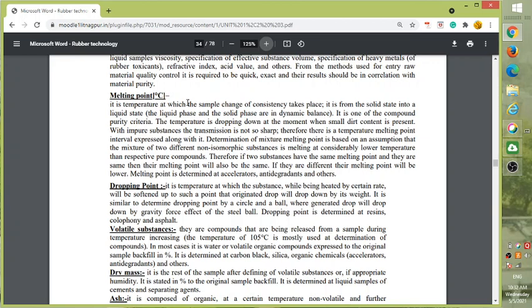Determination of mixture melting point is based on the assumption that the mixture of two different non-isomorphic substances is melting at considerably lower temperature than the respective pure compound. So, melting point is sharp for pure substances, but it is not sharp for impure substances. Okay, so